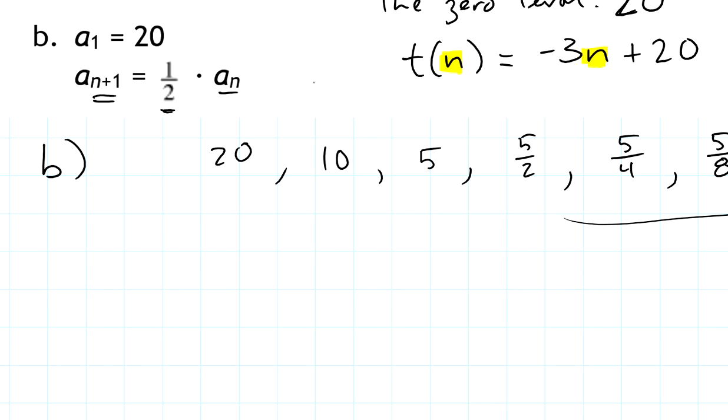I do need to know what the 0th term is to write the explicit rule. So in order to get the 0th term, instead of multiplying by 1/2, I'd multiply by 2. So my 0